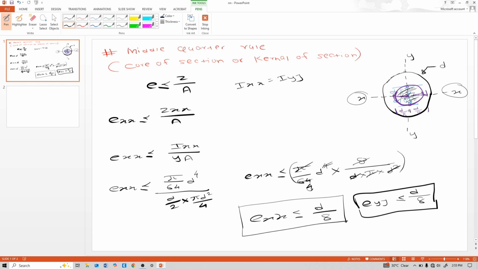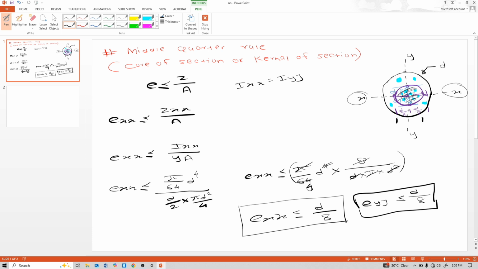Outside that section, tensile stress will develop, because whenever we apply our load in that region, no tensile stresses will develop. But whenever we apply our load outside of that kernel, there will be chances to develop tensile stresses. So that's why this is